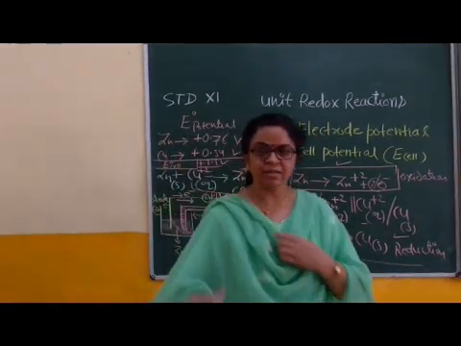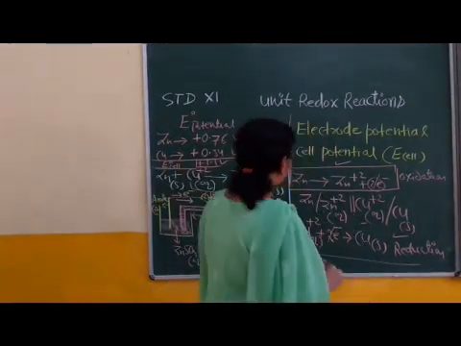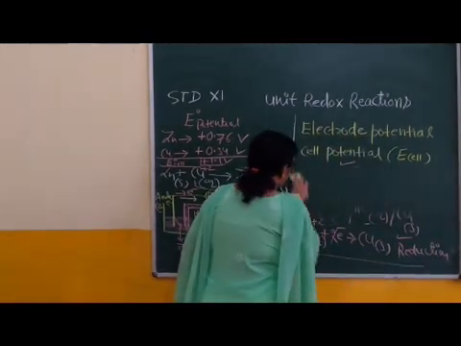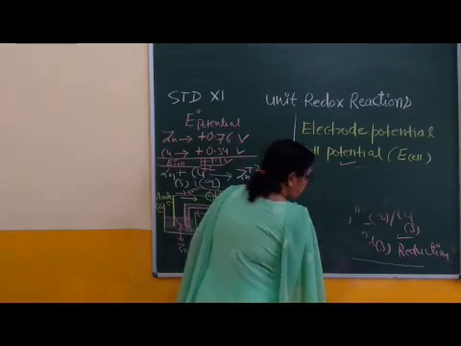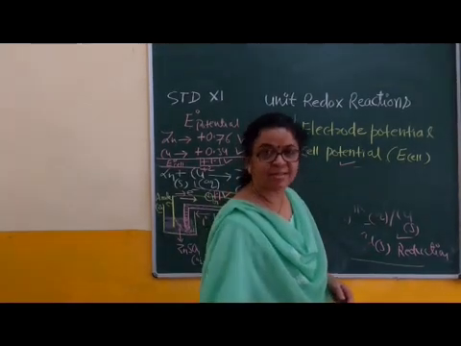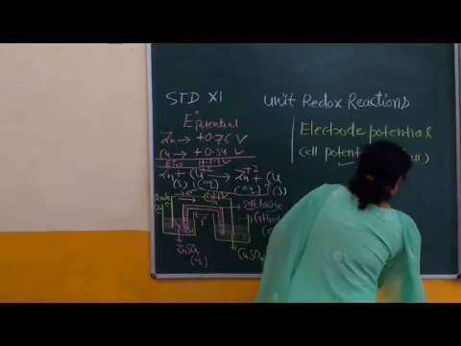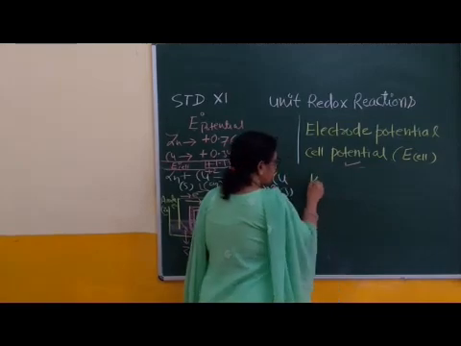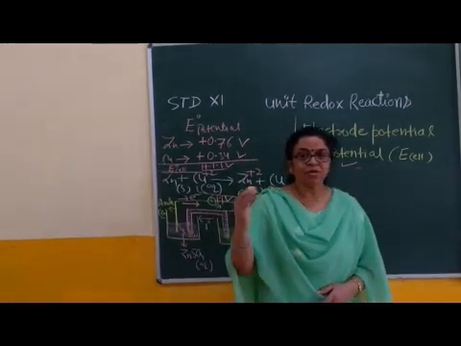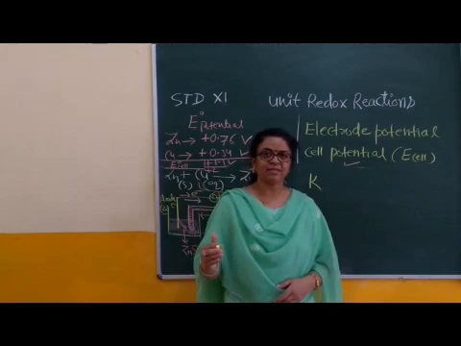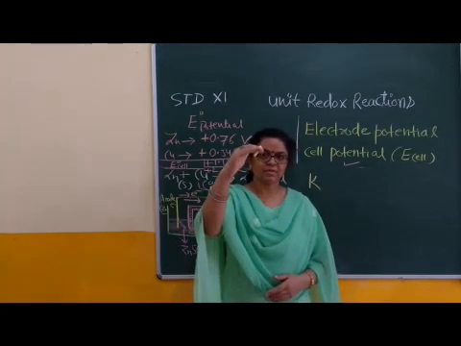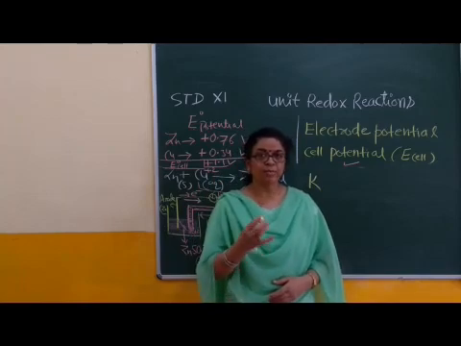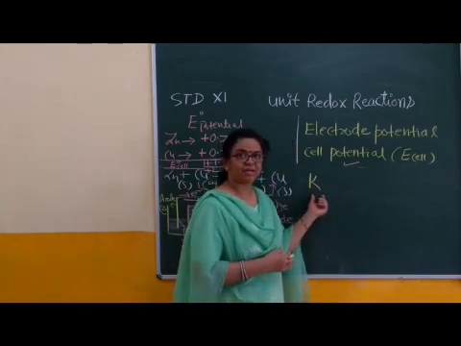Okay. Now the last one is significance. What is the significance of the sign of electrode potential? If the electrode potential is written with a negative sign, then it is non-spontaneous. If the electrode potential is written with a positive sign, then it is spontaneous, or the reaction is feasible. For example, potassium is a reactive metal. What is the position of potassium in the reactivity series? Upper part. Copper is below hydrogen. Right? Potassium is a reactive metal.